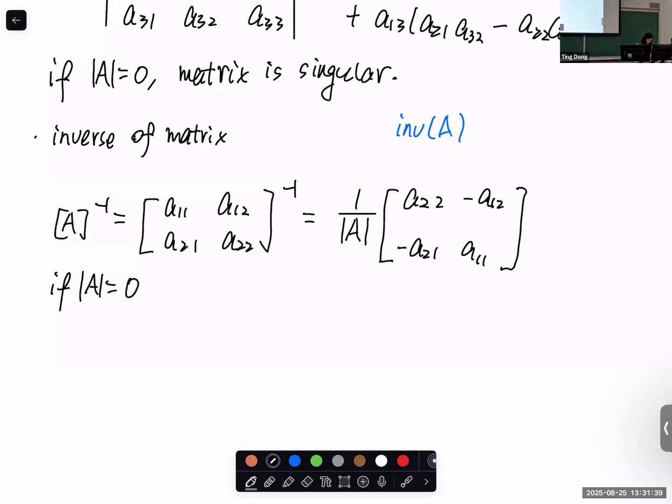And of course, if a matrix is invertible, let's assume that B matrix is the inverse of the A, then this one equals